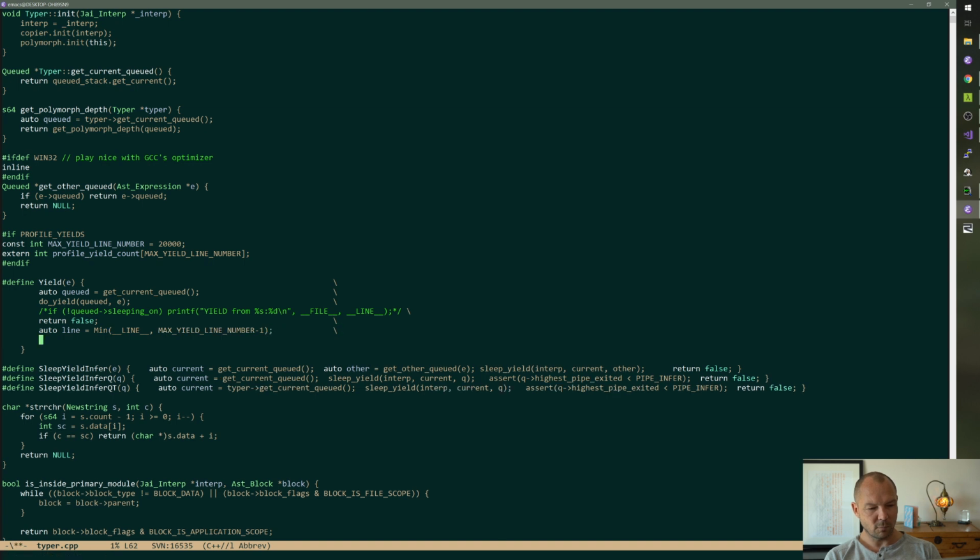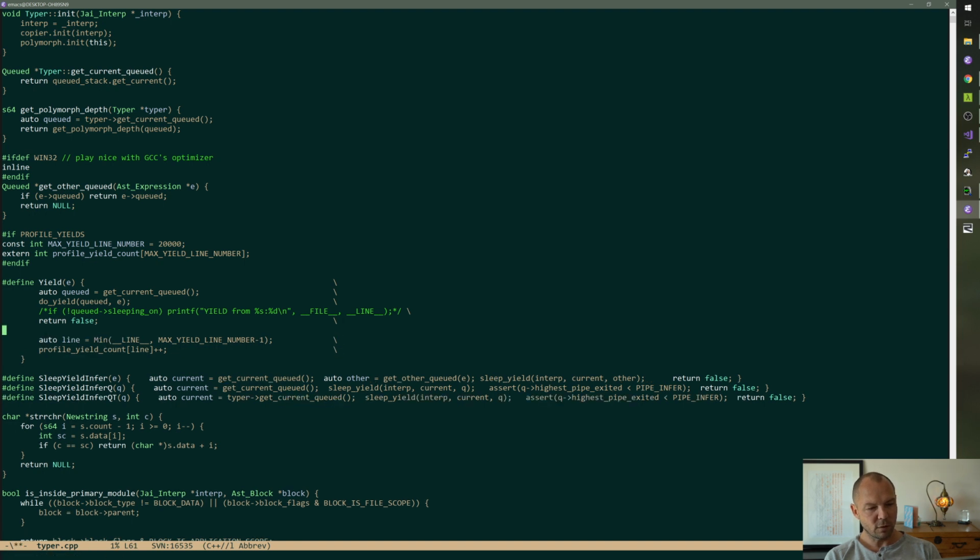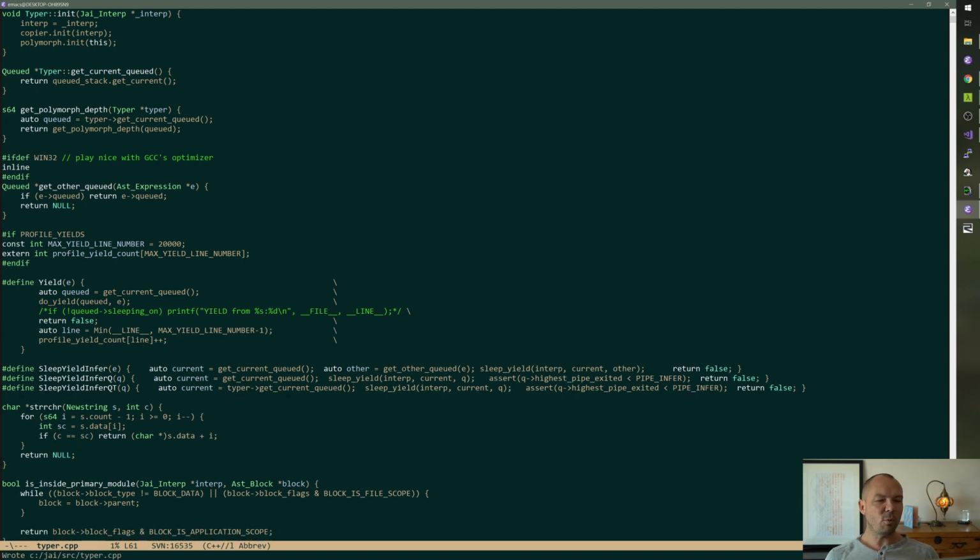And then profile yield count line plus plus. And then we need to do this only if, I don't even remember. Can you put an if inside a define and have that work? Probably not.